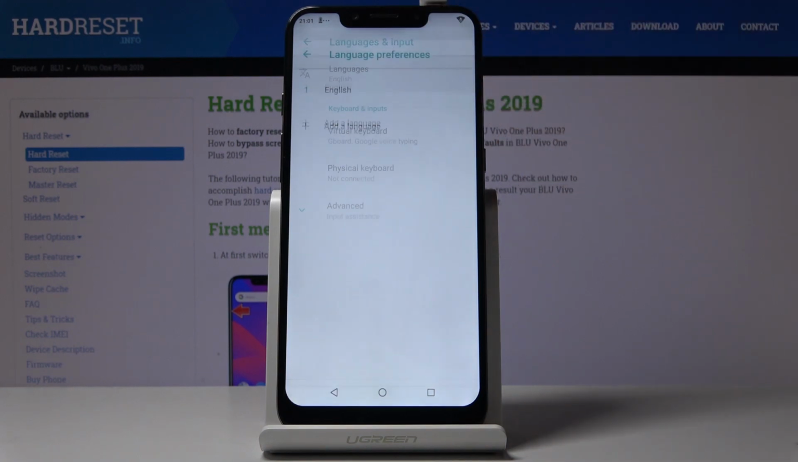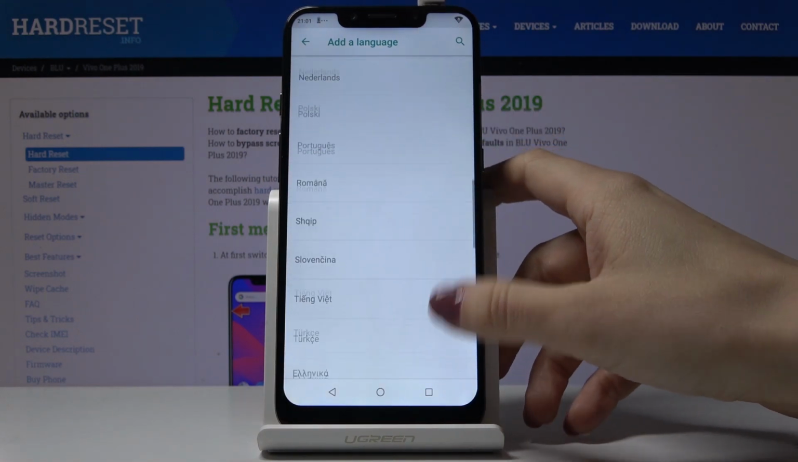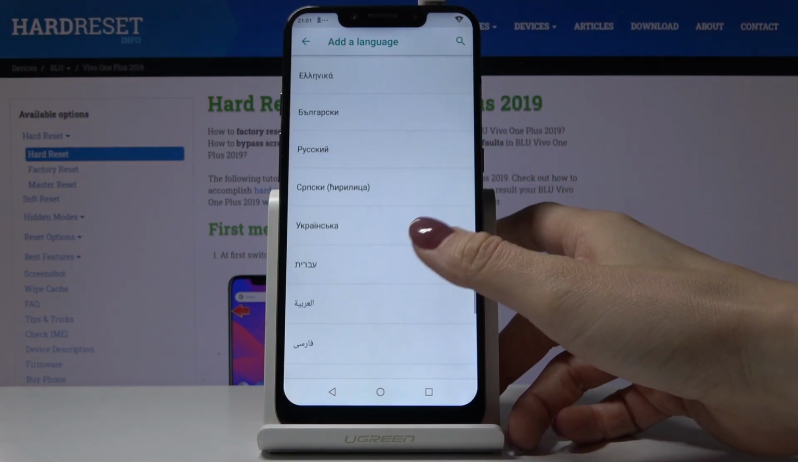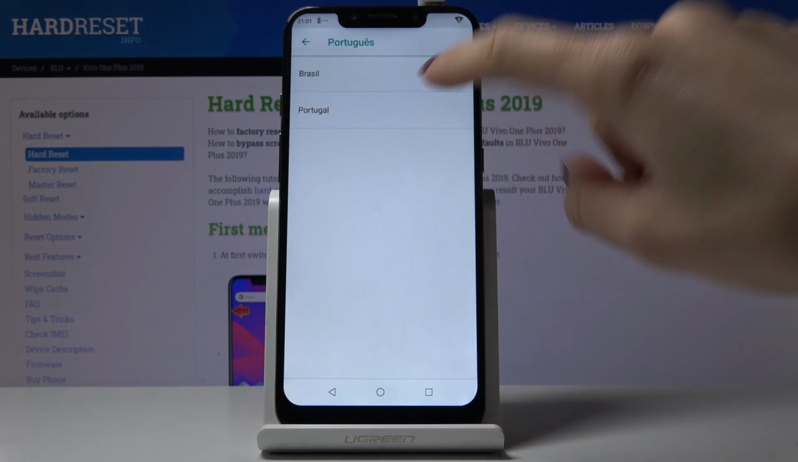Now click on Languages, and by tapping on Add a Language, you can select the one that you would like to apply. So as you can see, you've got plenty of possibilities here, and let me choose, for example, Portuguese. Then pick the region,